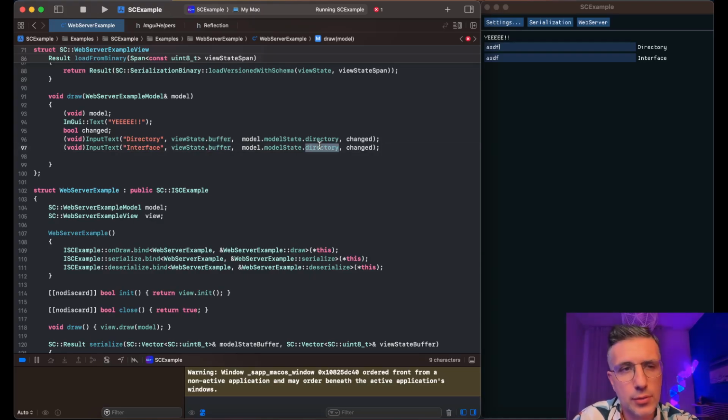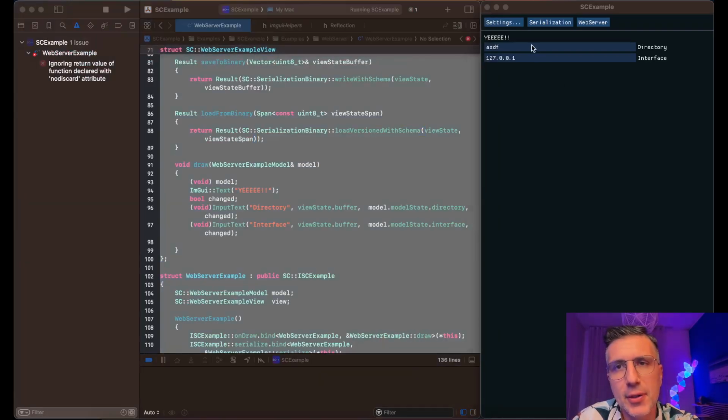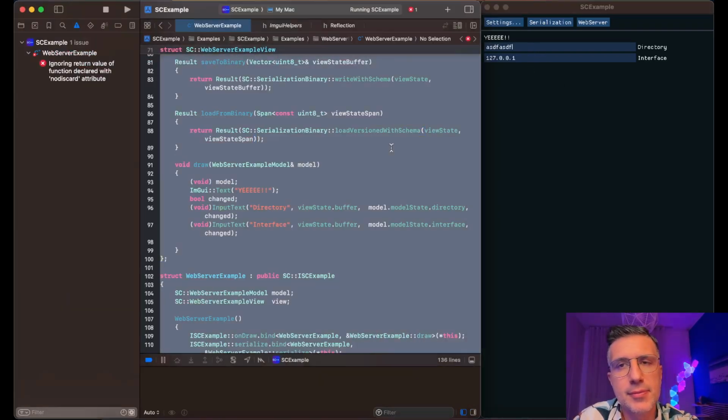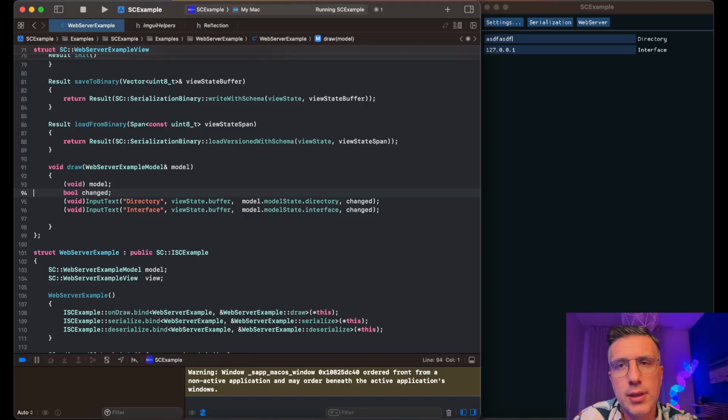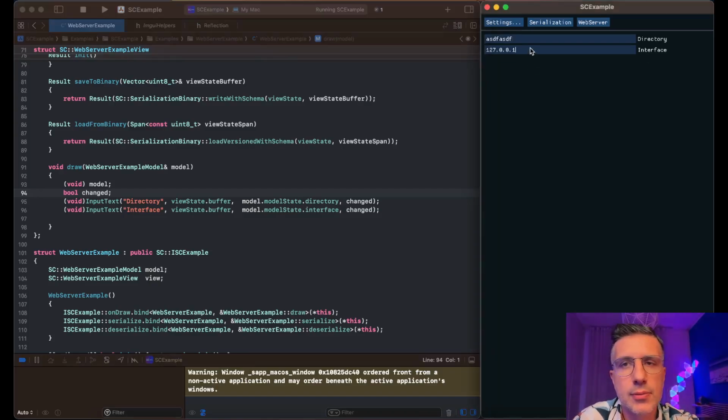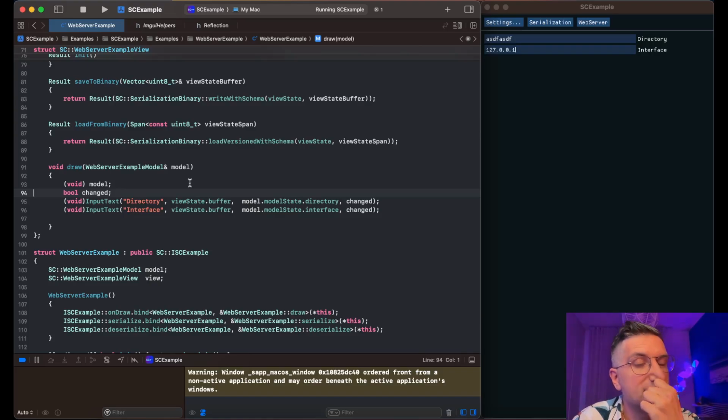Oh, I'm writing to the same one. Yeah. Okay, this looks better. So maybe I can change things. Yes, and the state is preserved, which is very cool. Now,